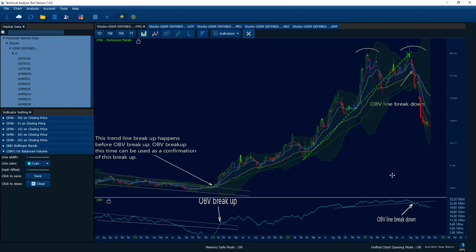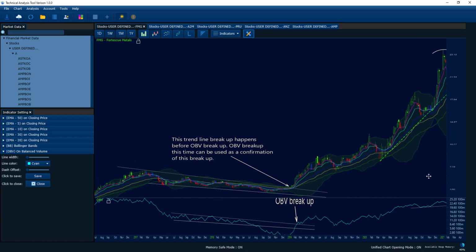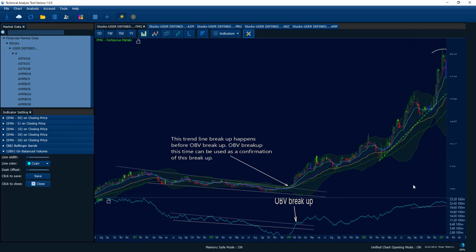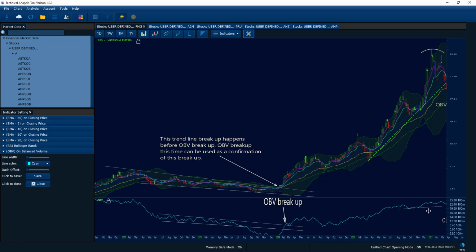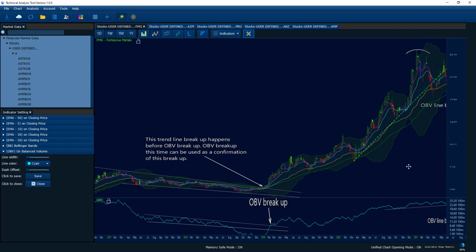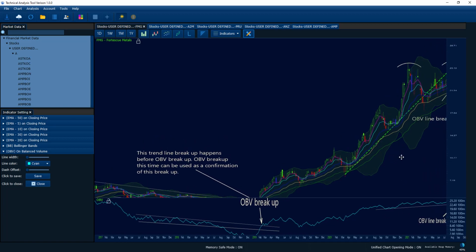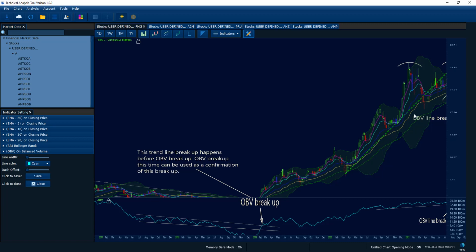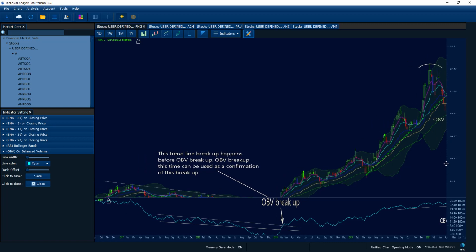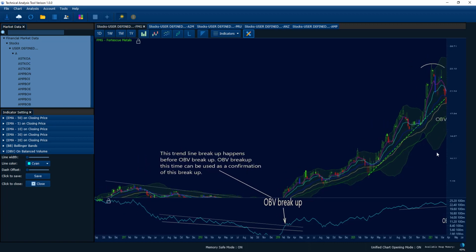Up to here, you draw a trend line on the chart. Also, you can draw a trend line on the OBV line as well. As you can see, this steep trend line, when the time goes to these days, you can see this trend line break out. So some people probably will sell already, right? Because you break the trend line, right? That trend line is very